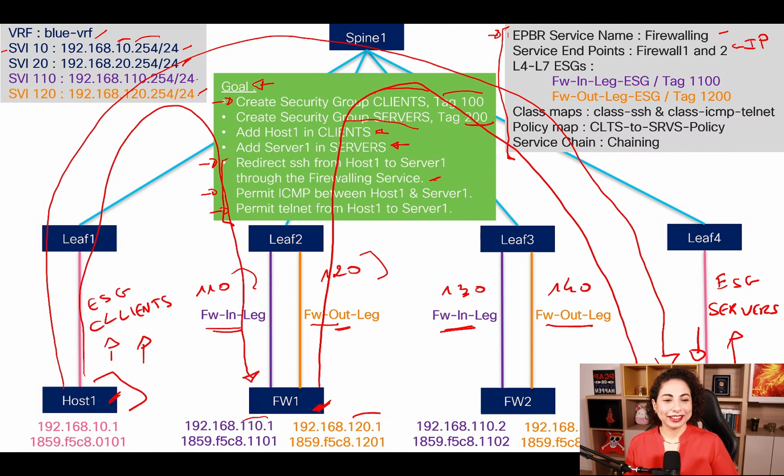What I was saying. Okay, when it comes to the layer 4, layer 7 ESGs, we will be using this naming convention. For the in-legs, we will name it firewall in-leg ESG, and we will assign to it the tag 1100. And for our out-legs, we will be using the firewall out-leg ESG, and we will assign to it the tag 1200. What it means, and we will cover this extensively inside our demonstration, is that the traffic that comes from our inside legs